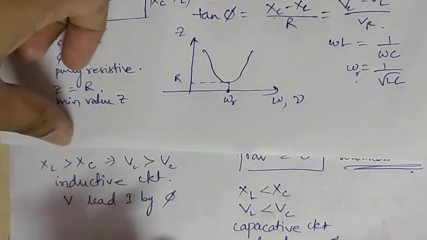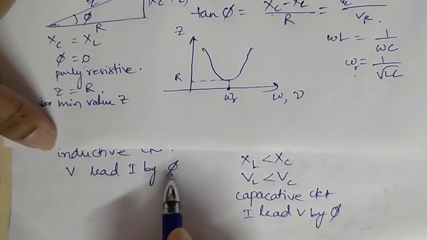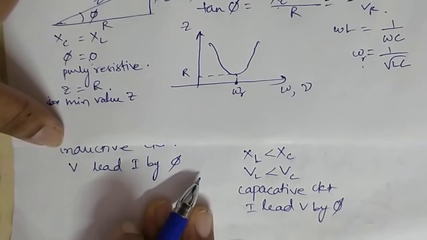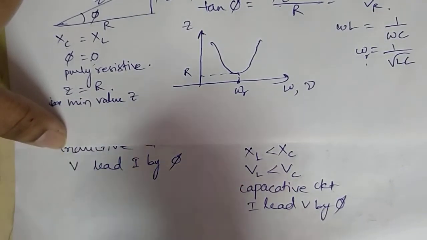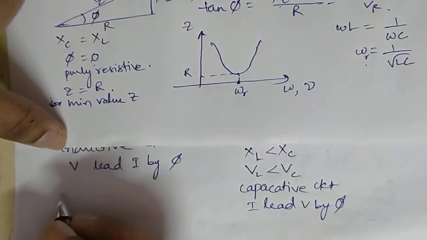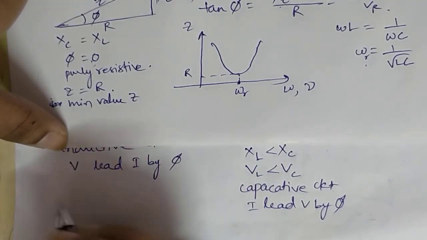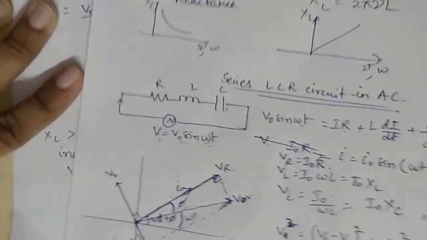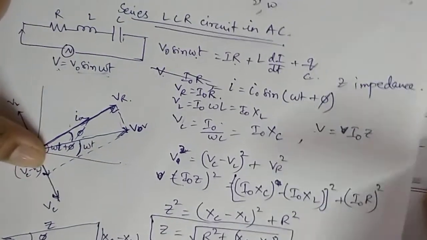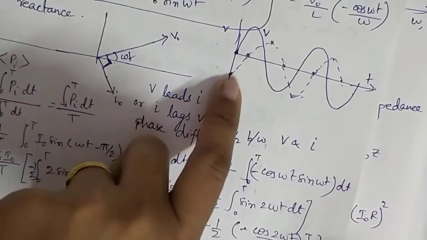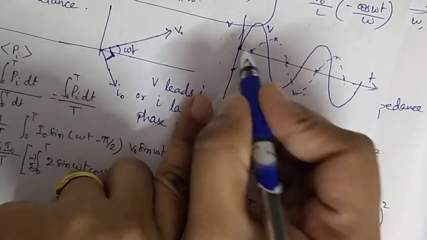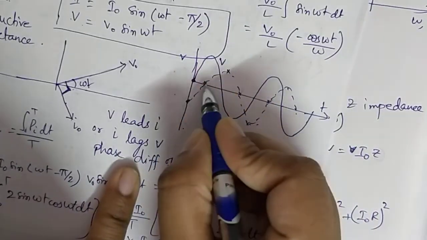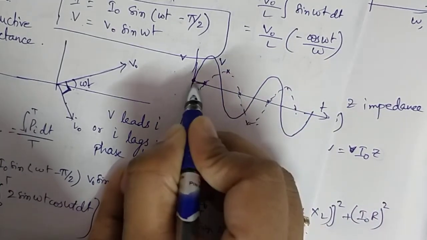Now remember, whenever such kind of question comes where phase difference phi is given to you, from phase difference we can find out the power factor also, that will come later in subsequent videos. But there is a relation between phi and time lag. So when we draw this kind of a curve between voltage and current, there is a time lag. See, the same kind of curve has shifted here. So this is a time lag.